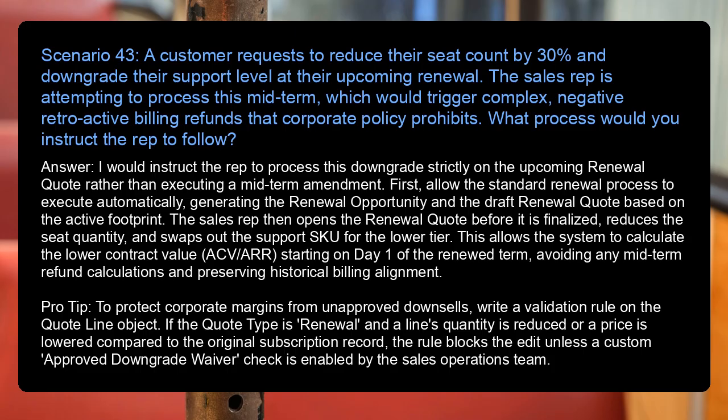Pro tip: to protect corporate margins from unapproved downsells, write a validation rule on the quote line object. If the quote type is renewal and a line's quantity is reduced or a price is lowered compared to the original subscription record, the rule blocks the edit unless a custom-approved downgrade waiver check is enabled by the sales operations